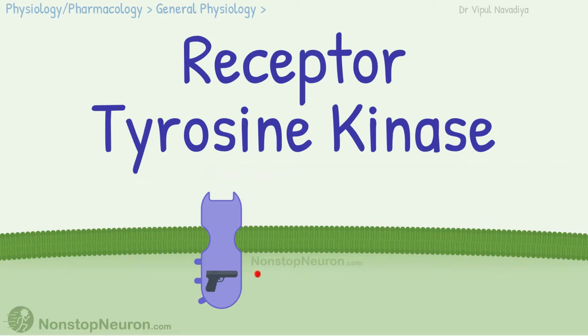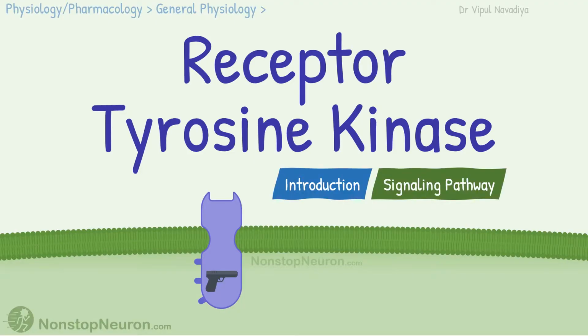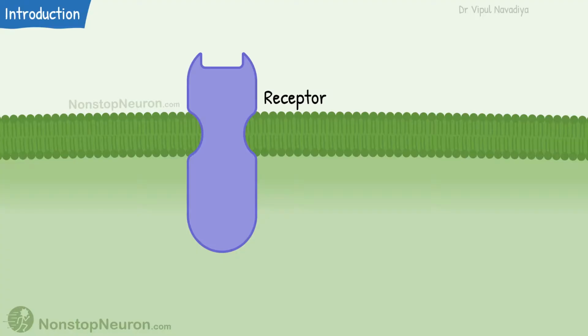Hello, in this video we will see receptor tyrosine kinase. After a quick introduction, we will see pathways involved in signaling downstream of these receptors. Let's get started. In the video on receptors, we have seen that receptors are molecules that first receive the signal